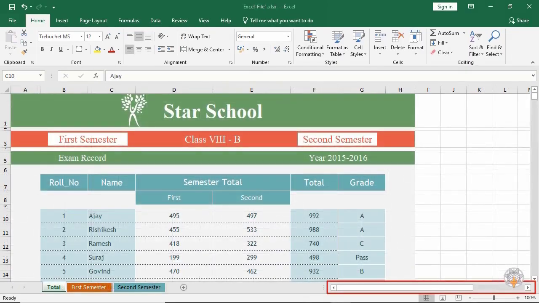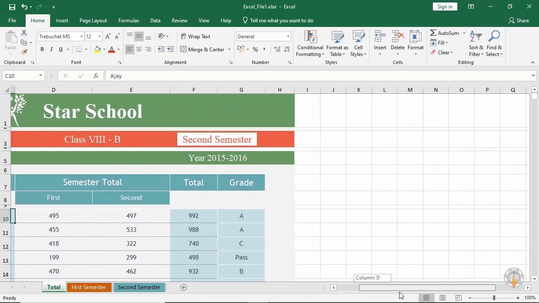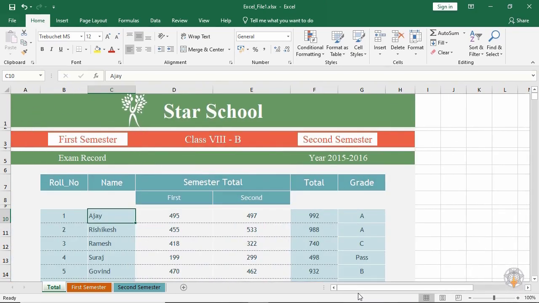There are scroll bars at the bottom and right edge of every worksheet. Each scroll bar contains a scroll box and 2 scroll arrows. You can drag the scroll box or click the scroll arrows to display additional content. The status bar at the bottom contains view buttons and zoom buttons.